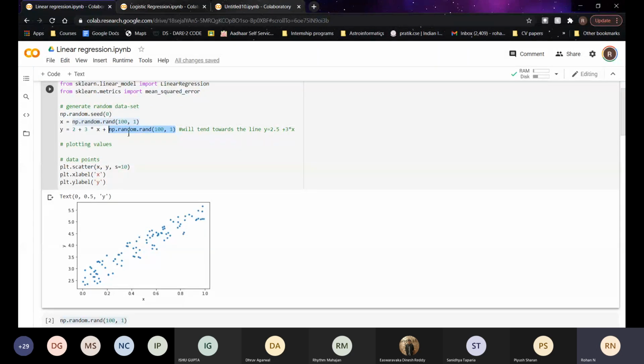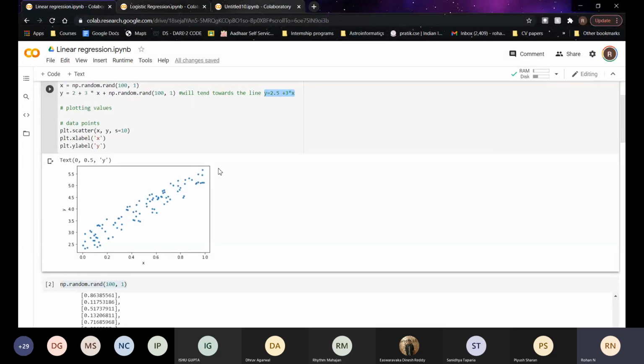So the plot that you see is y equals 2.5 plus 3x itself, but with some randomness added to it. In our toy example, we are just trying to learn the best fitting line for this, for demonstration purposes.